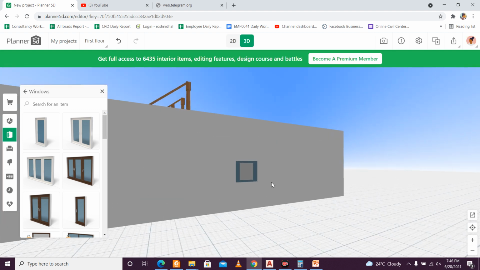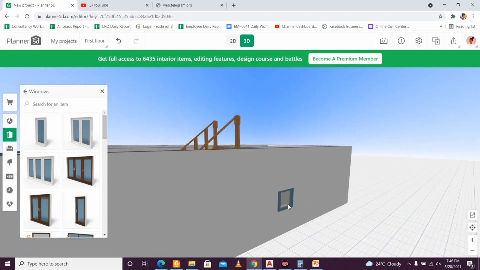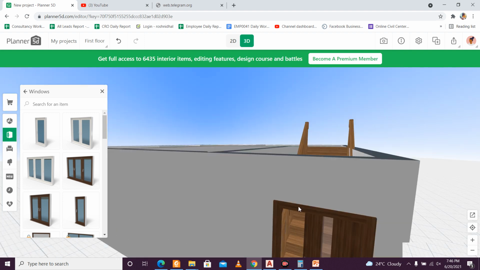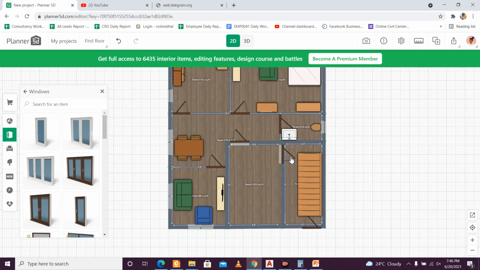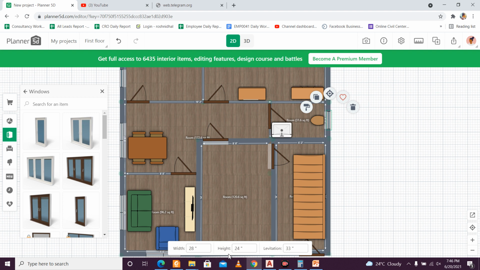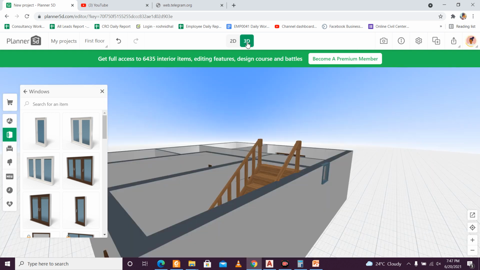So 3D actually shows this particular size here. So like this length and thickness, it is showing the size. Actually, if we wanted to place it a little bit above, let's see what is the feature which will increase the height here. So I want this width as 2 feet, and this elevation, if you can do it by 7 feet, 7 into 12, 84. Let's see, we can just do it at 84.